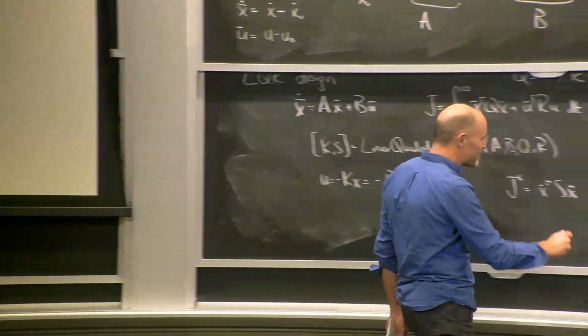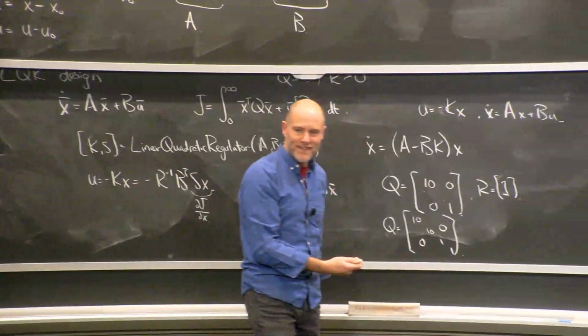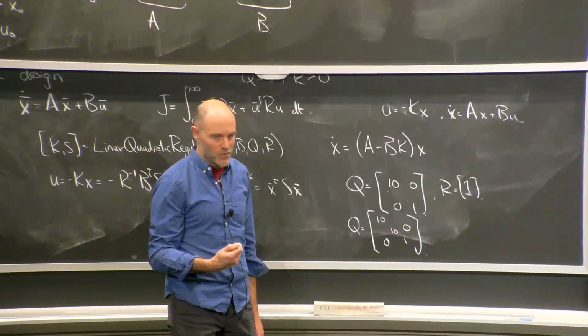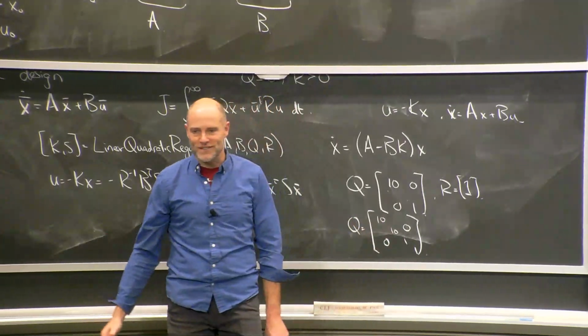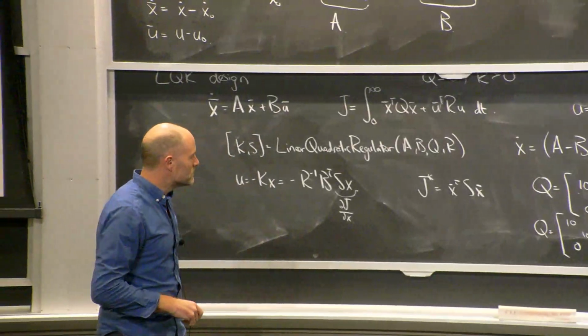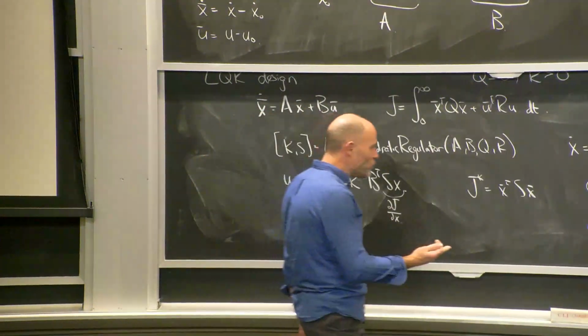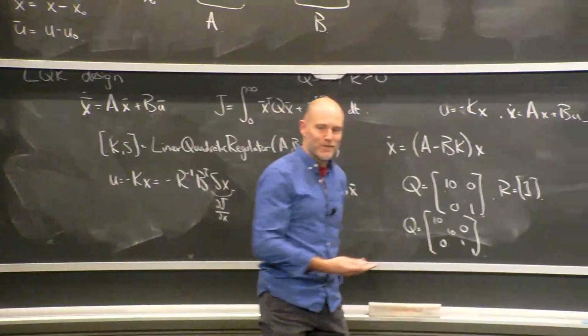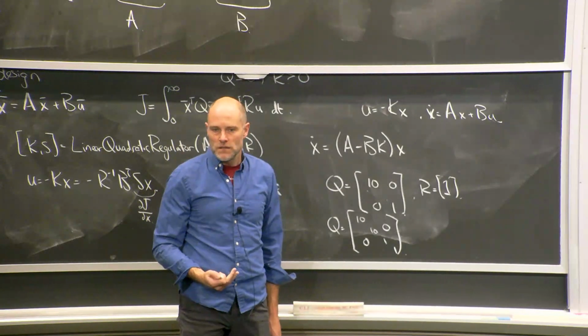Now, why do I say this? Almost every LQR controller I write is roughly that cost function. I'm really not spending a lot of time dialing in Q and R. This is almost the identity matrix. The only thing is that